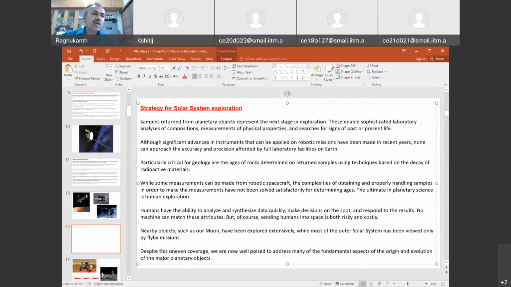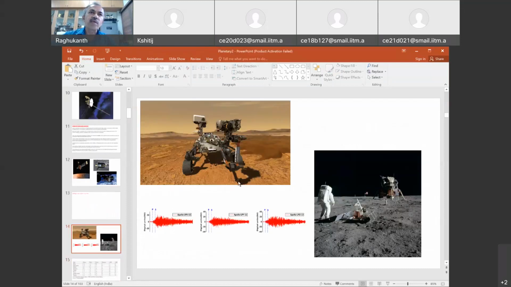So this is the advantage of sending humans. This is a rover, which was sent to Mars itself, and this is Apollo. What is the advantage of human beings, when they sent them in the Apollo program? They put instruments, geophysical instruments, seismographs. They even did an MASW test, passive testing, active testing,